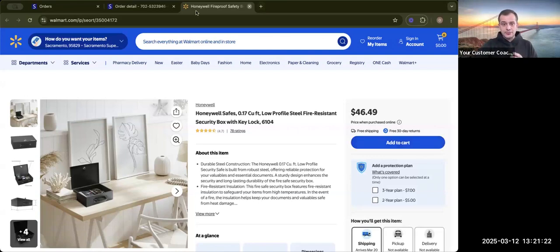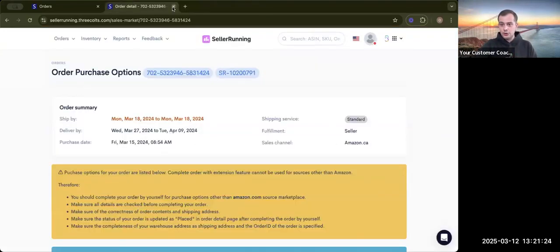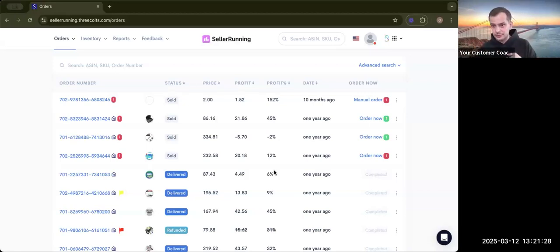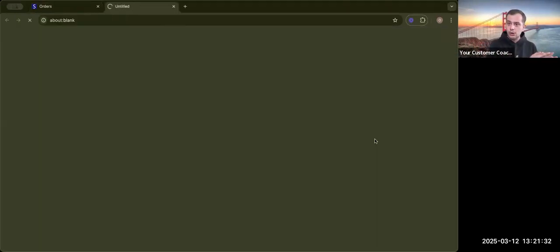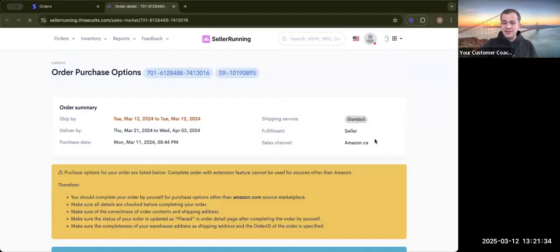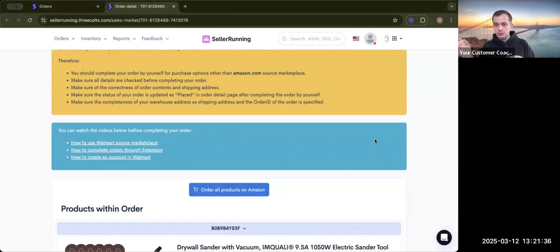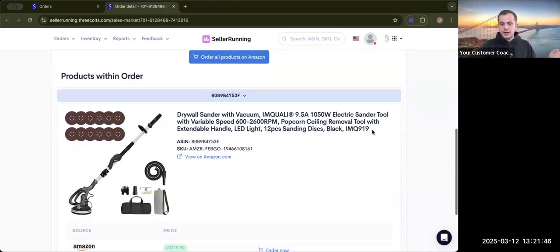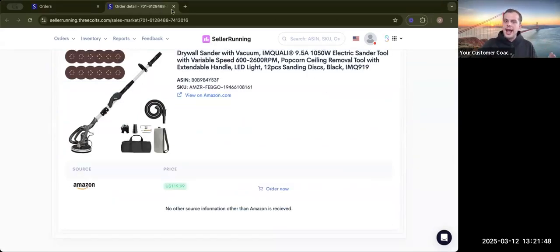Second part was order fulfillment, which means I need to buy the product for my customer. We just click order now, and when we click, we go to the checkout section. If we choose to buy the product from Amazon, we reach checkout in just 10 or 15 seconds. If you decide to buy the product from Walmart, you need to write this information manually. And finally,